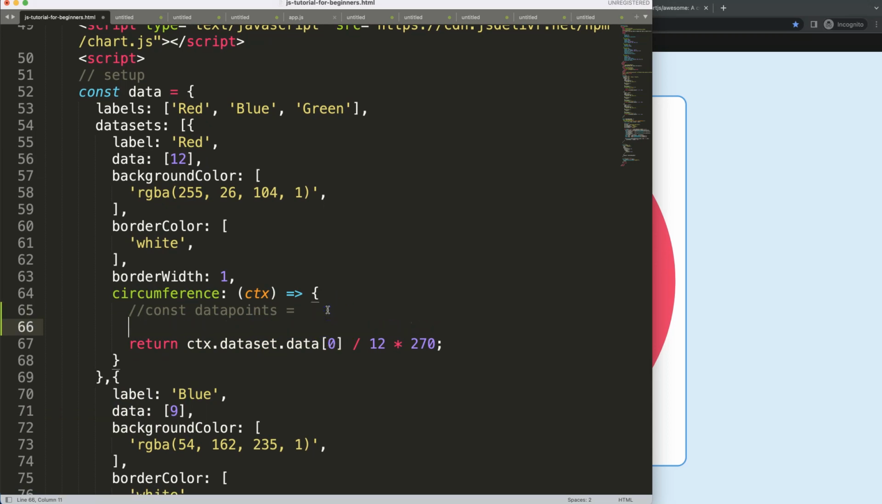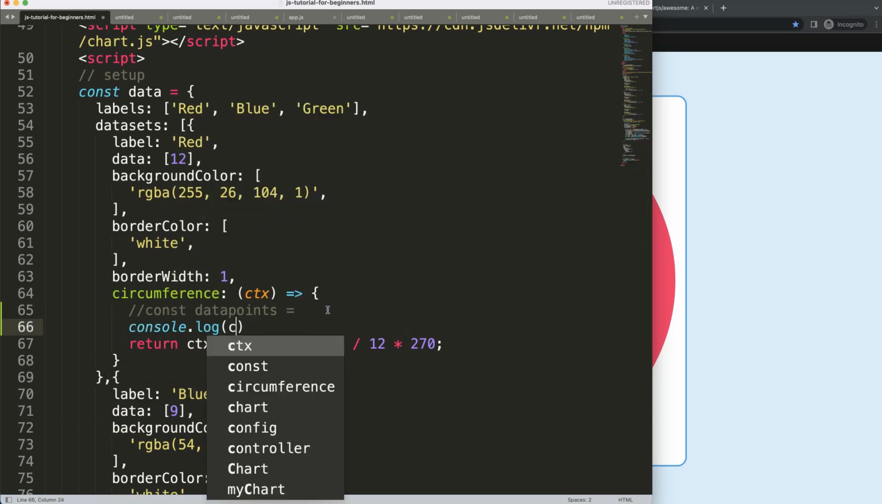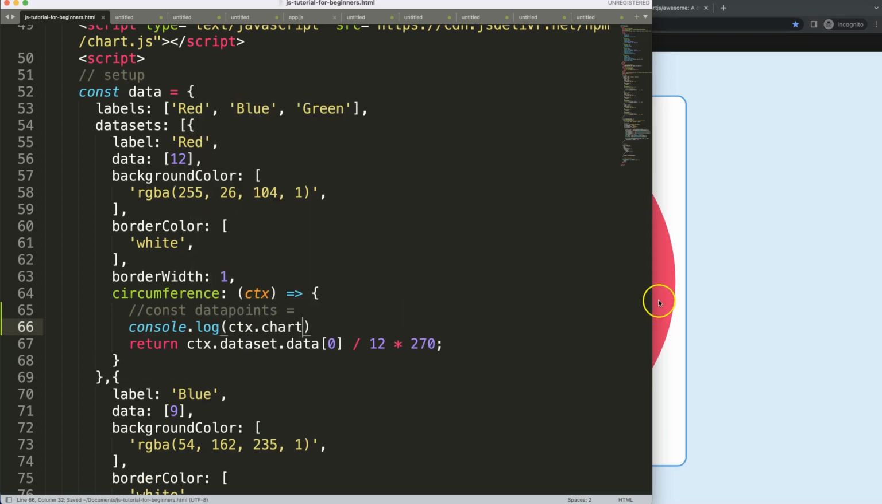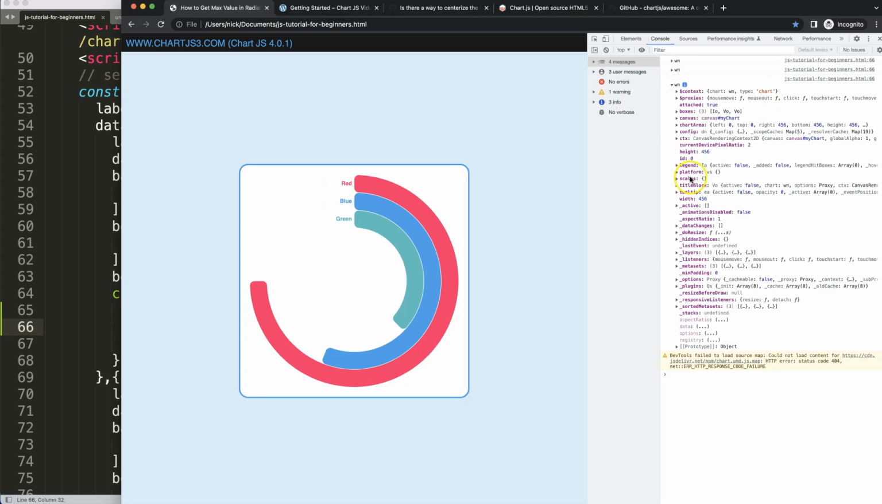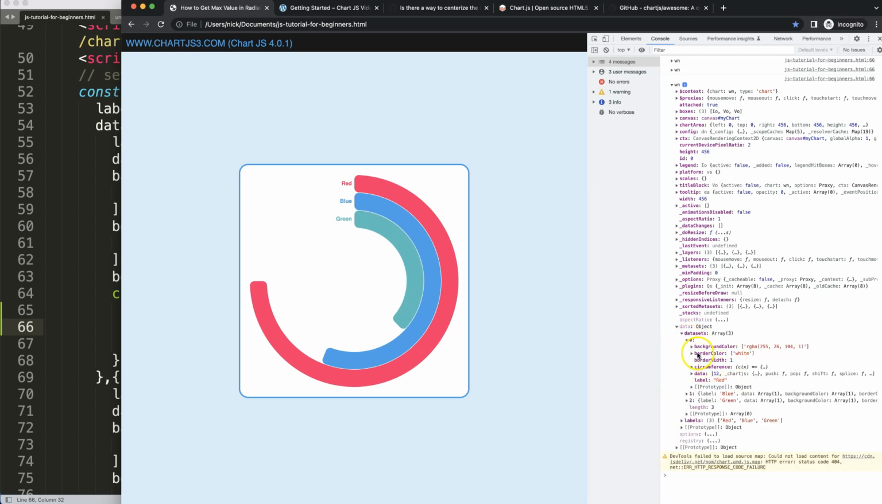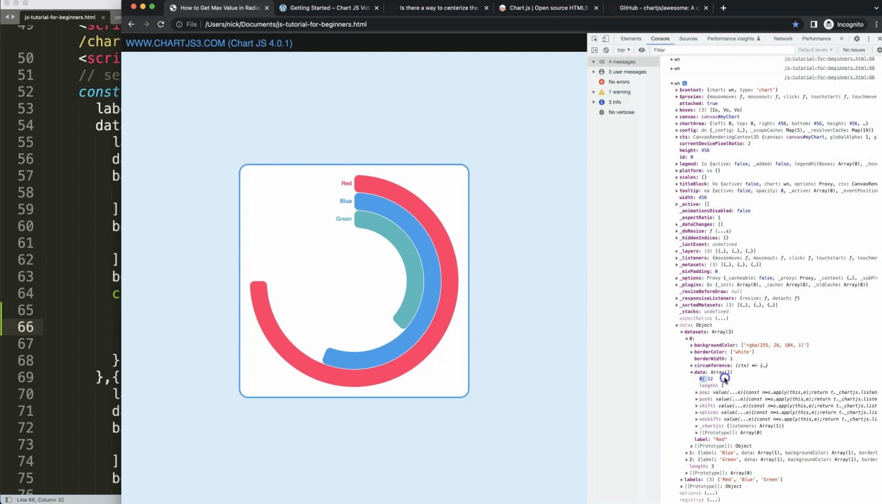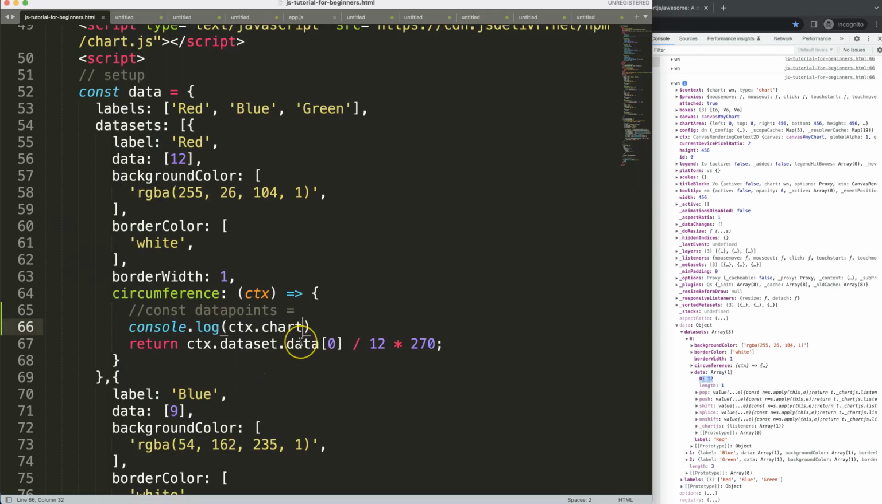So I'm going to say here, let's do a console log. We're going to say ctx.chart. By doing that, I'm accessing the chart object here. And you can see here, then we can go into the data, somewhere here, the current, that's in here, the data object. And then in here, the dataset, and we can loop through the items one by one and get the specific data value. So that's what we're going to do here. So we say here,